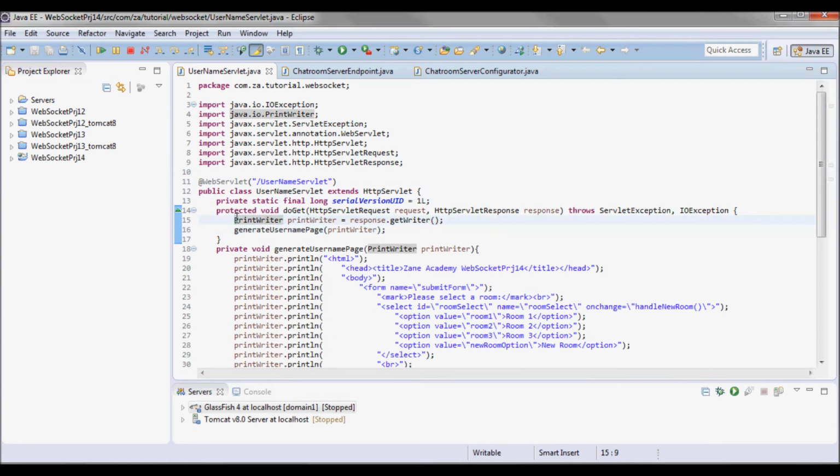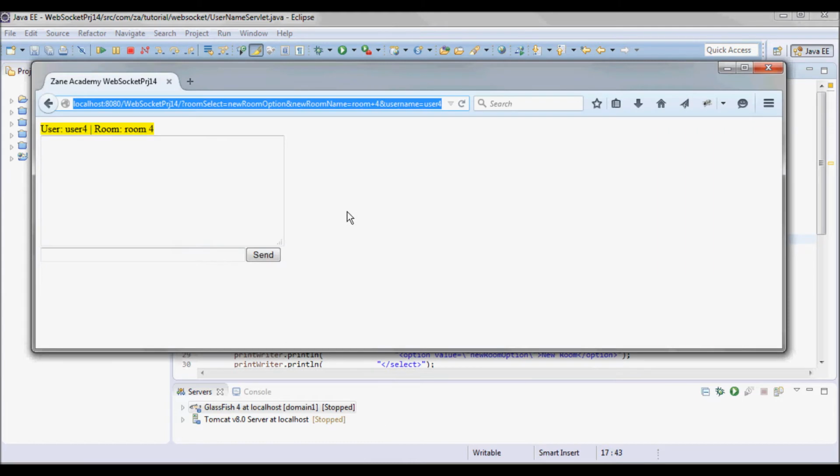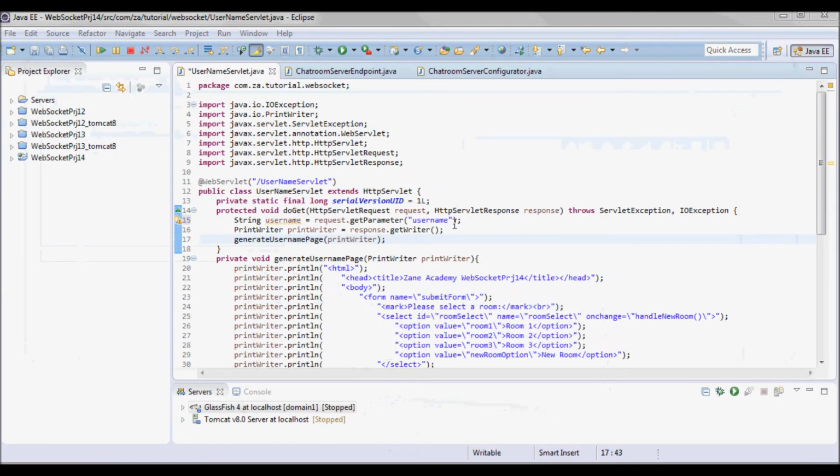So here I can pick up the username in the doGet method, and I need a method that generates this page from the servlet.